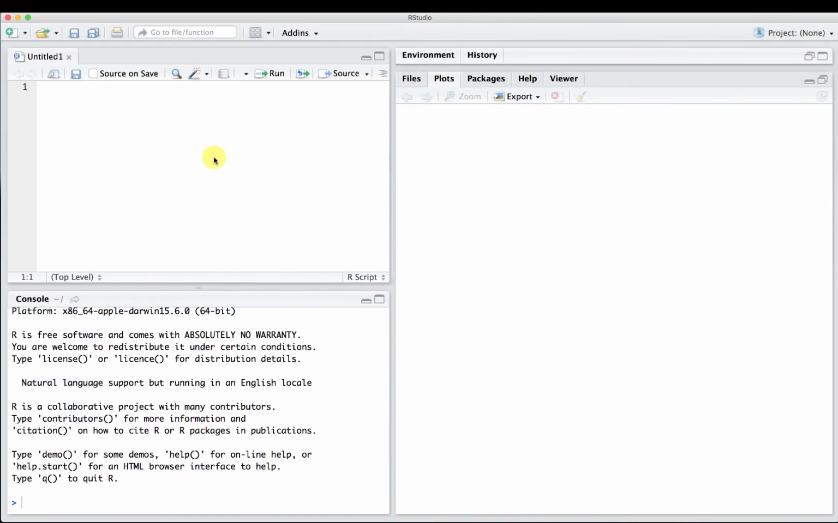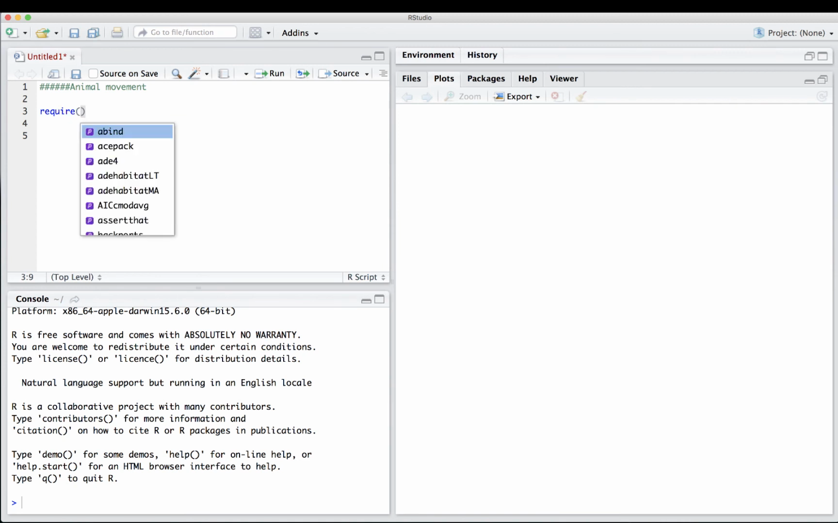All right, for this exercise, we're going to be doing it based on the lectures and the readings that we've had for animal movement. So I'm going to start fresh with a new script here. We're not going to build on any of the other ones that we've been working on, but right away we're going to require a few libraries or packages,